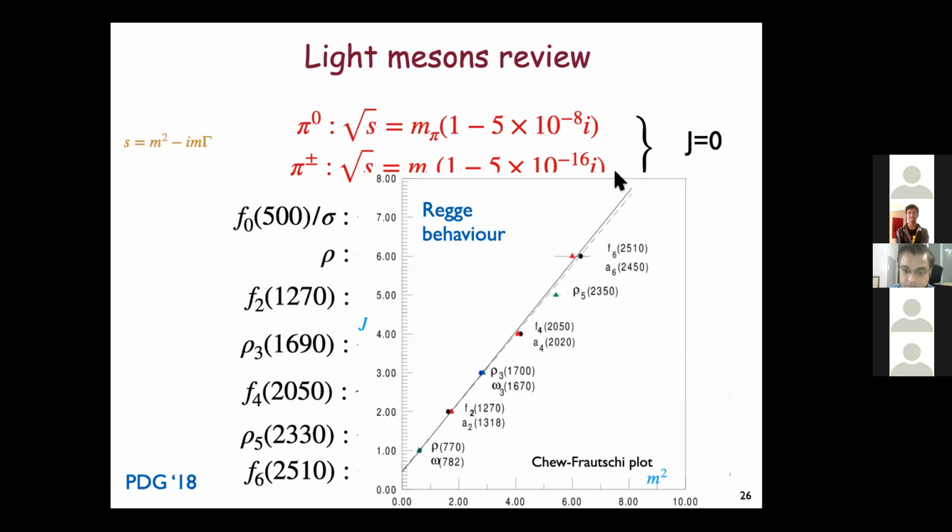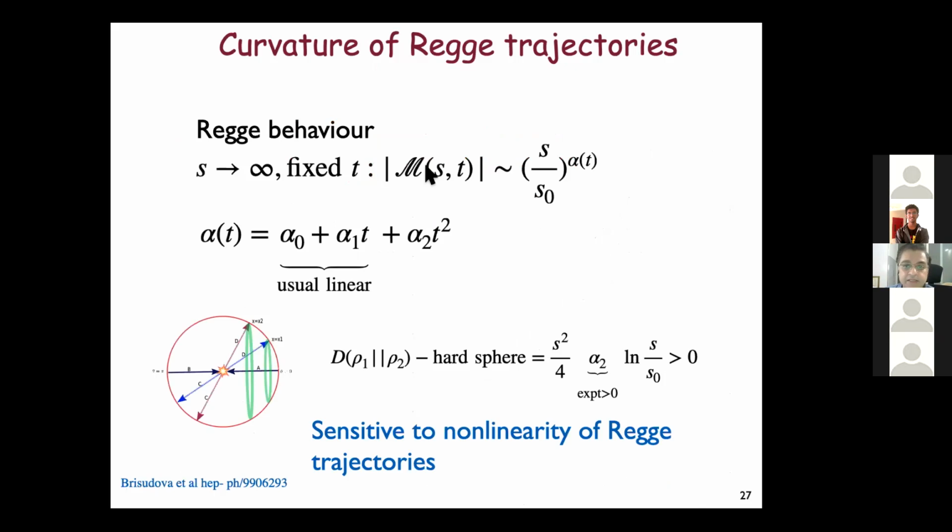Now, of course, it's almost a straight line. It's not literally a straight line. And there are claims, these are semi-established, I would say, phenomenologically, that it's not really a straight line. It has some curvature. So this alpha 2 t squared tells you how curved the trajectory is. If this curvature was 0, then you literally have a straight line, but it has some curvature. And the point is that